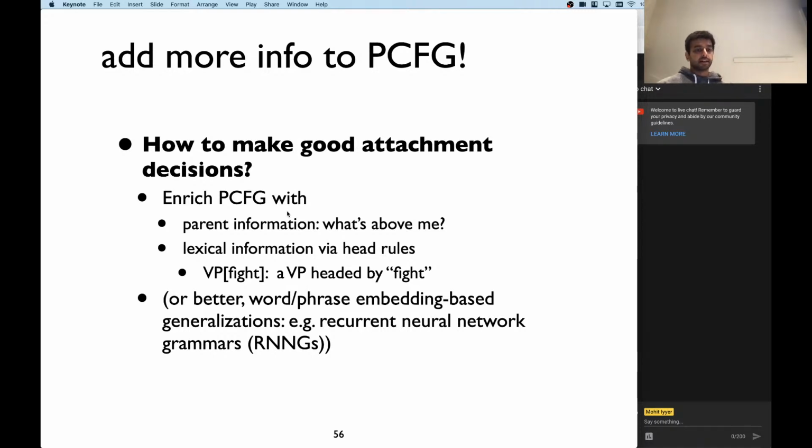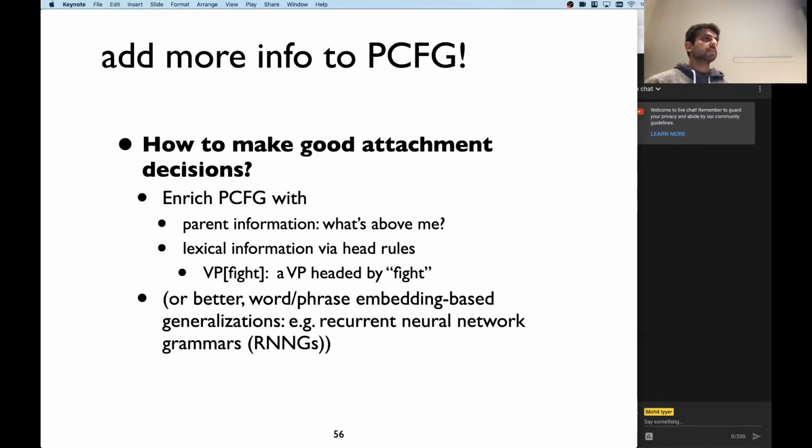Common ways are to inform the current rule based on the identity of the parent, so you can at least get some knowledge about what type of node your parent is, which can inform the probability. Regarding what you said, you can get this kind of lexical information into the rules by, for example, saying this is a verb phrase, fight. This is its own non-terminal in the grammar, only ever used when fight is the main verb of the verb phrase. So one